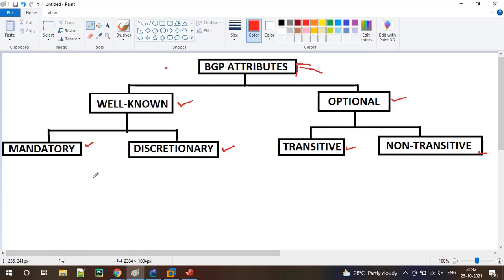Let's say we have a router R1 peering with R2. Let it be iBGP or eBGP, whatever, no problem.